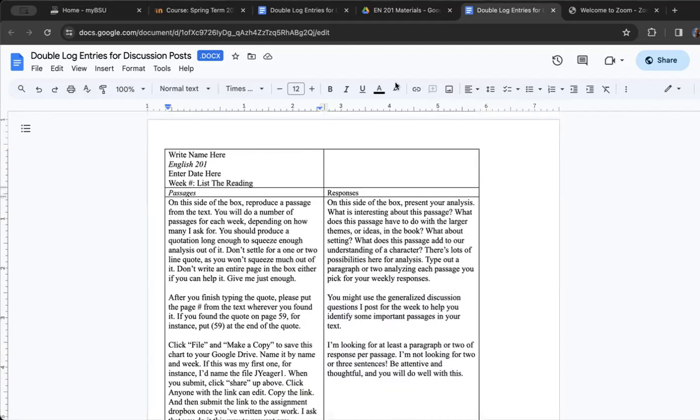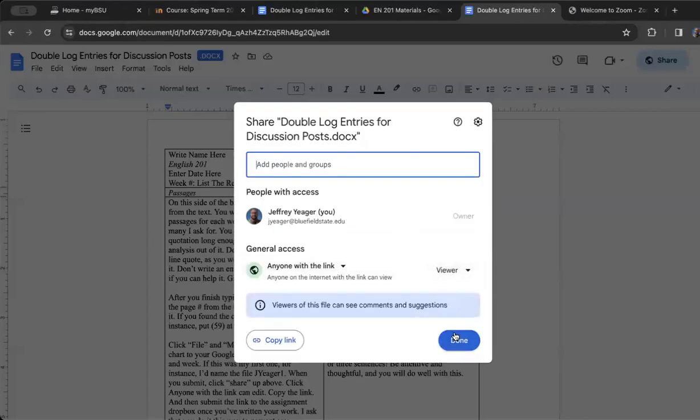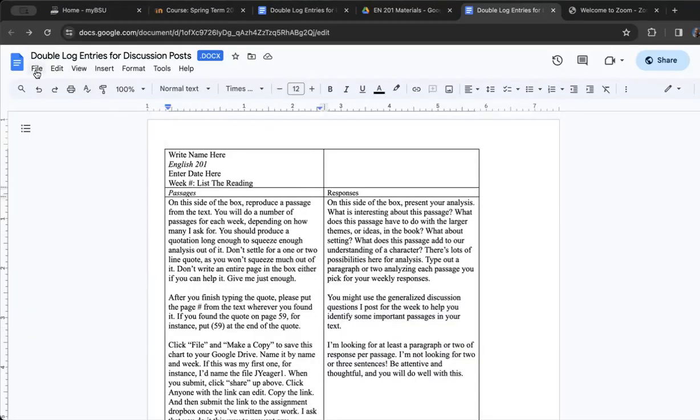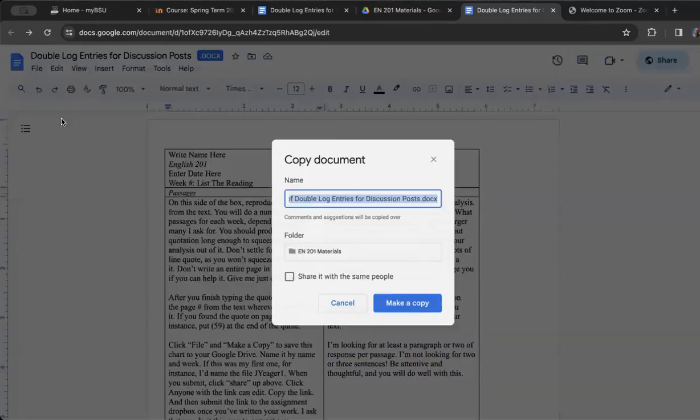Probably the first thing you should do, before you even type, is click File, make a copy, and this is your first log. I would save this as J Yeager 1. Maybe your name is Bill Paxton, the famous actor; you would put B Paxton 1.